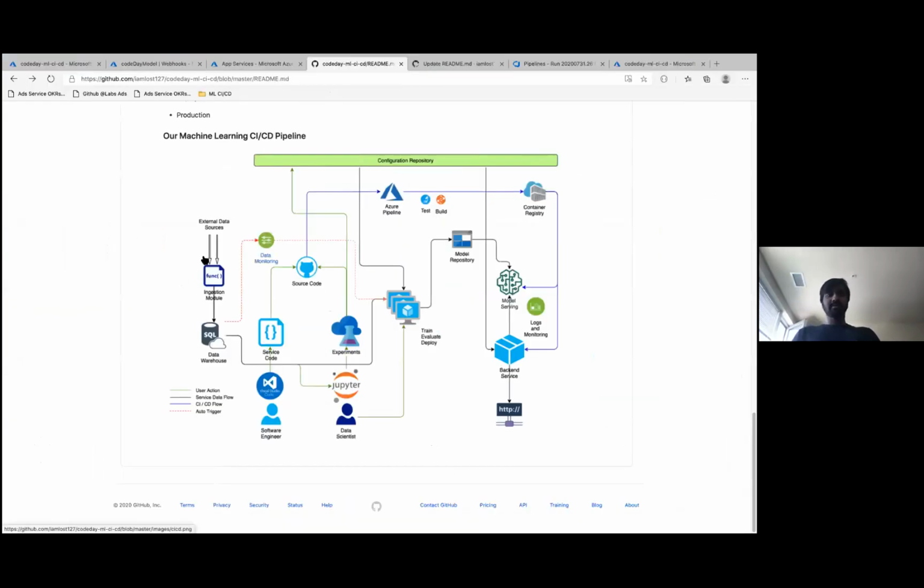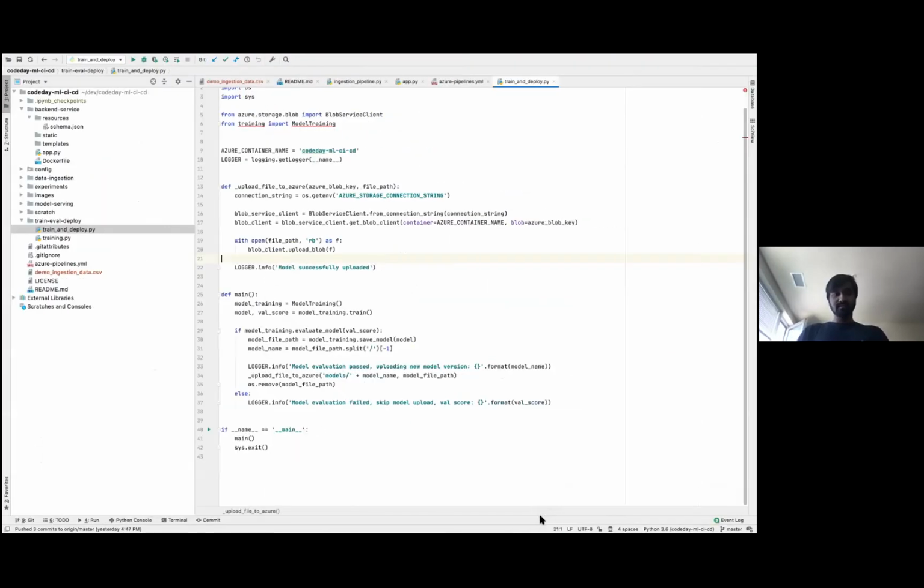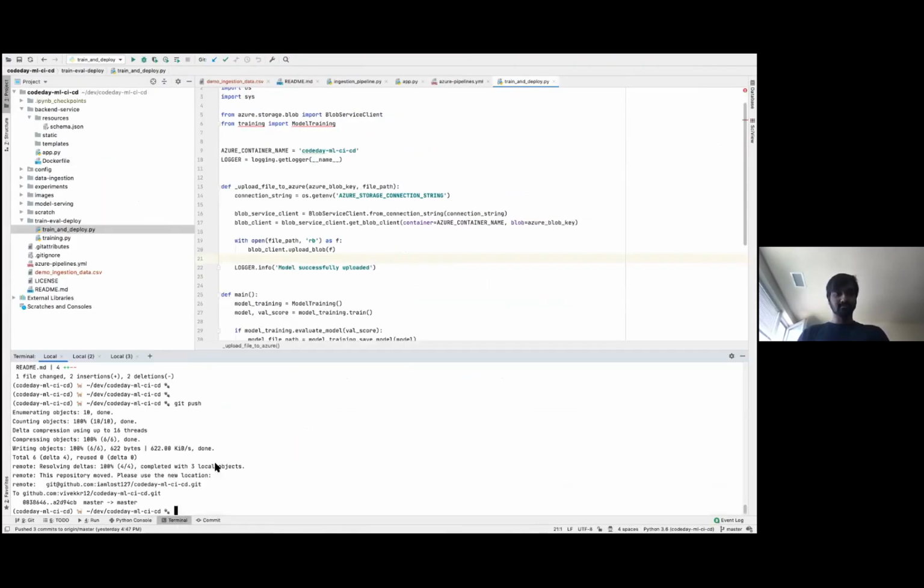The next component is this external data sources and ingestion module. I mentioned this ingestion module is responsible for filtering out bad data. Let's run a sample script and see how that works. So here in my IDE,